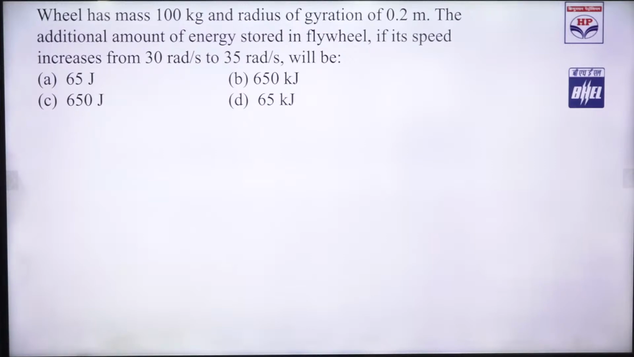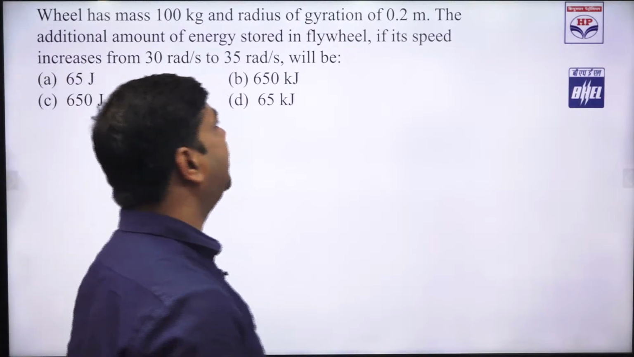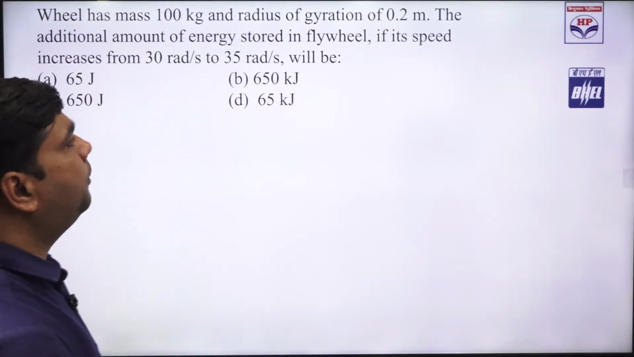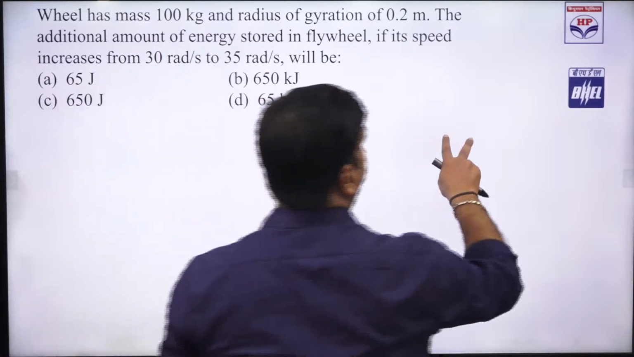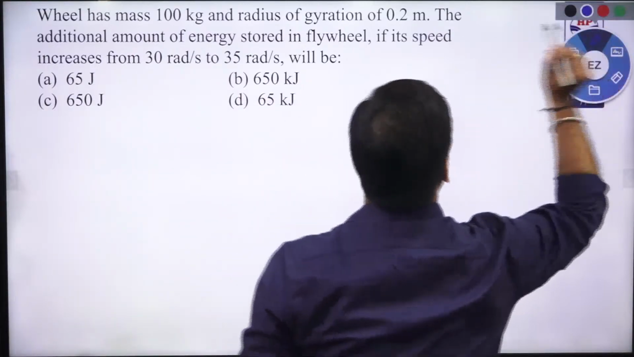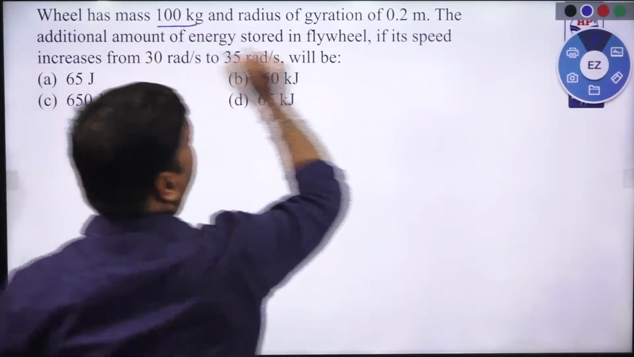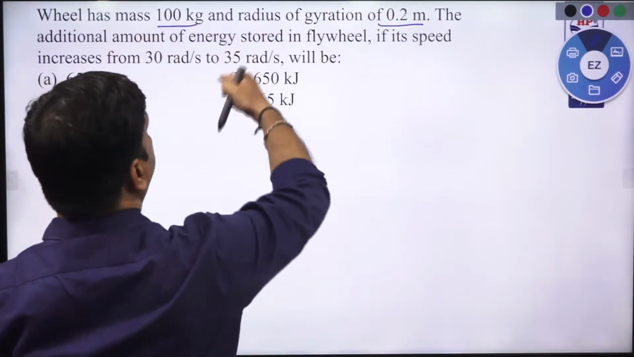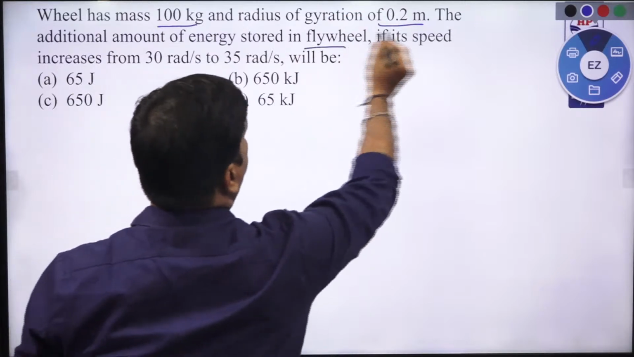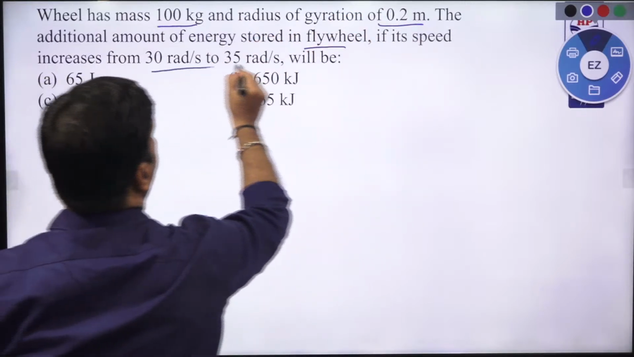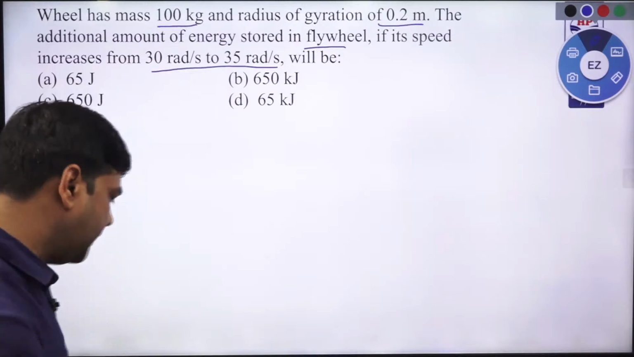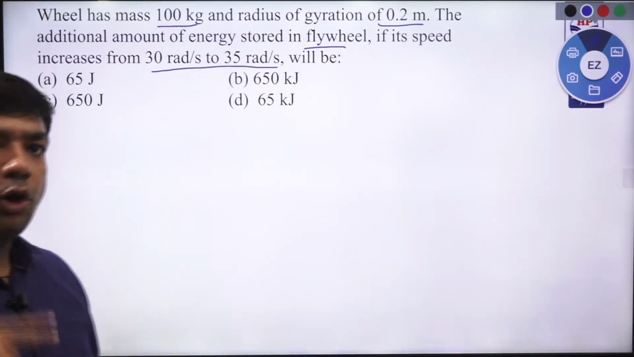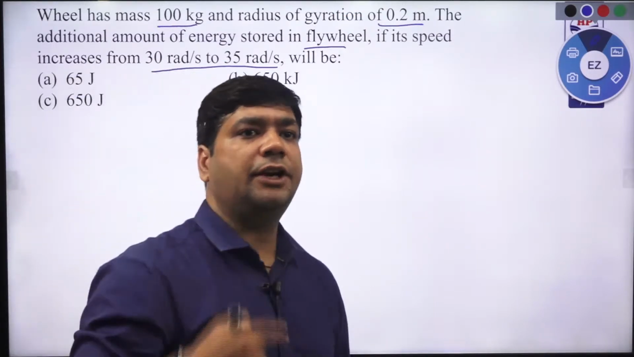A question is saying that a wheel has a mass of 100 kg and radius of gyration equal to 0.2 meter. Mass is 100 kg, radius of gyration 0.2 meter. Find the amount of additional energy stored in the flywheel if its speed increases from 30 to 35 radians per second. As I know, a flywheel is always in rotational motion, so it has rotational energy,